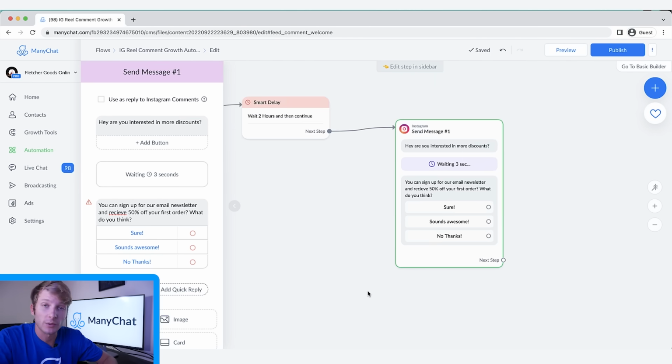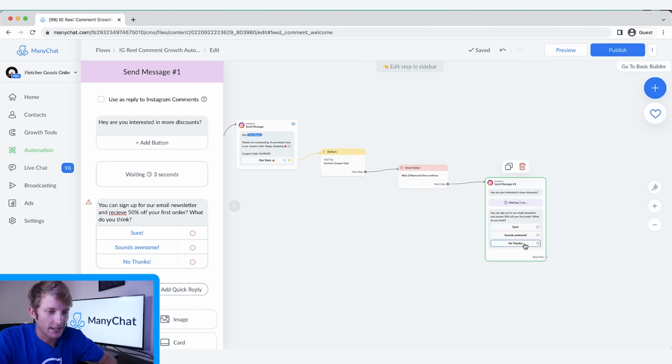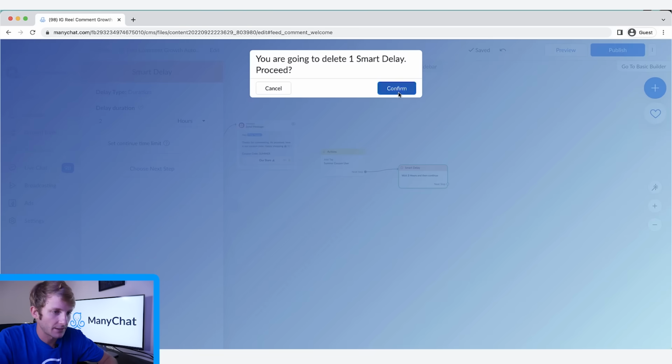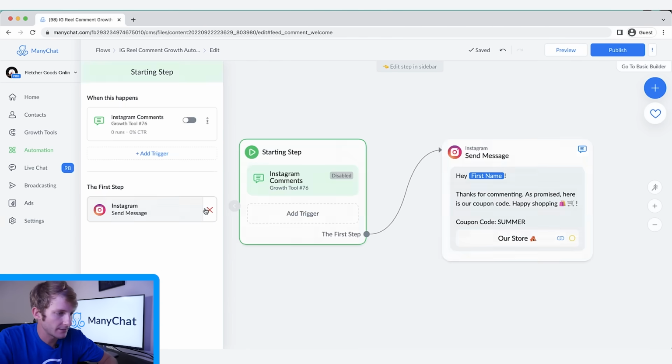You can also follow up and ask them to send you a Google review, or you can follow up and send them other links to different platforms that you have. There are tons and tons of Manychat options that you can use this flow for after you already start a conversation with them. But I'm going to delete this and we're just going to keep the first one. And then shortly, you'll see how it works. So I'm going to go ahead and publish this flow. And then I'm going to go here